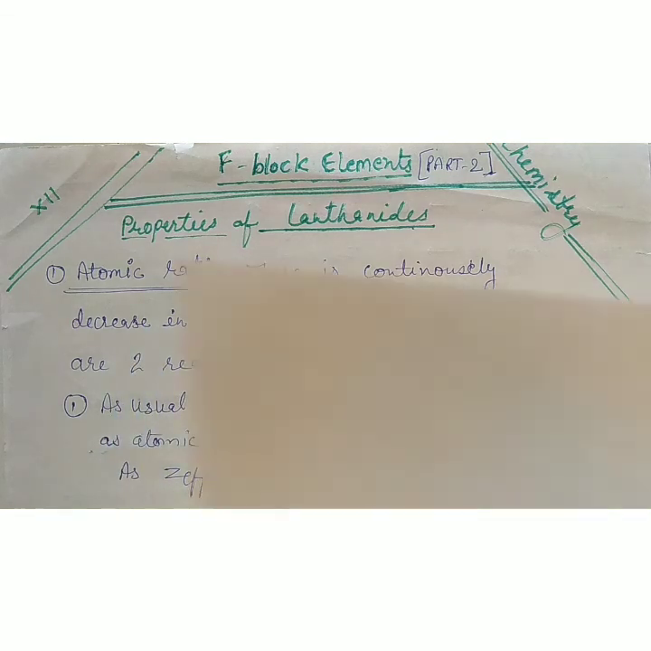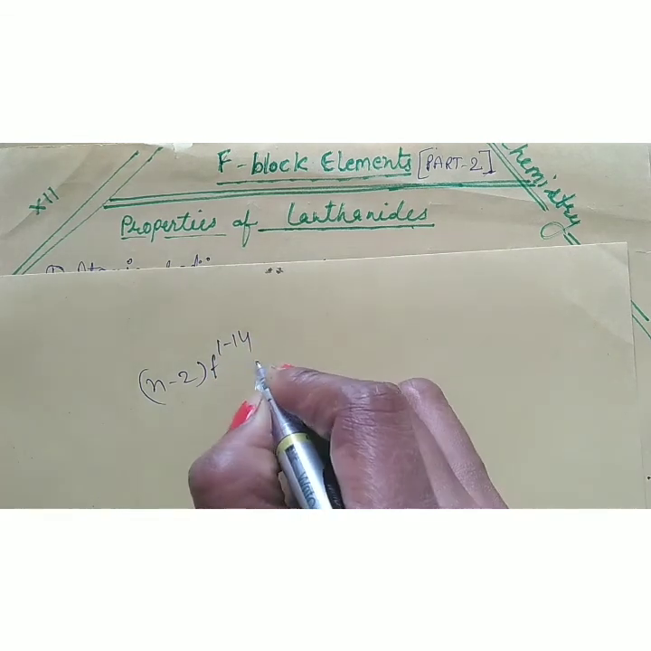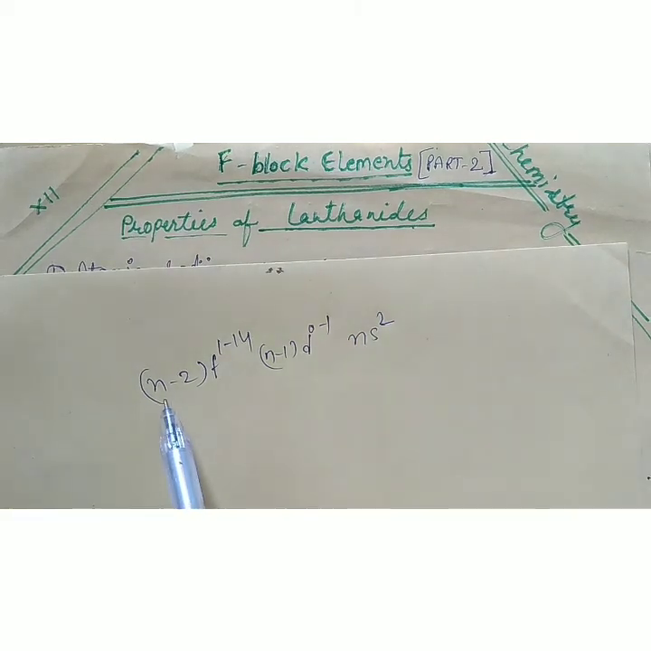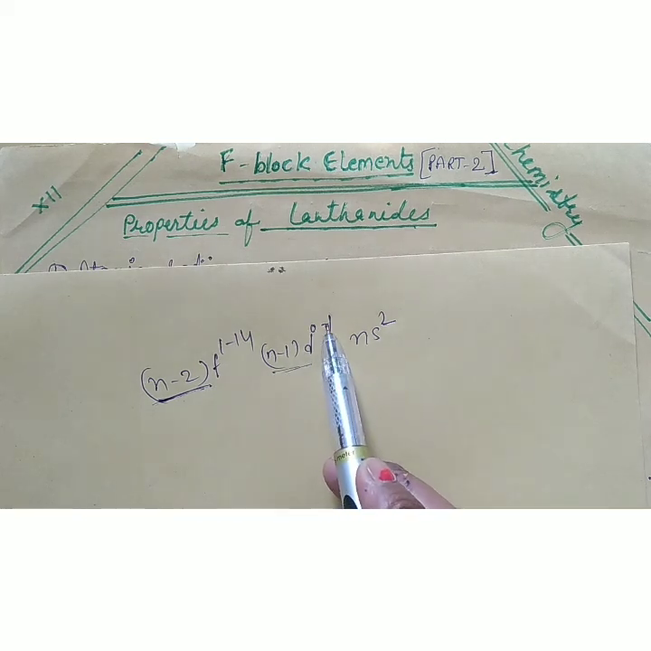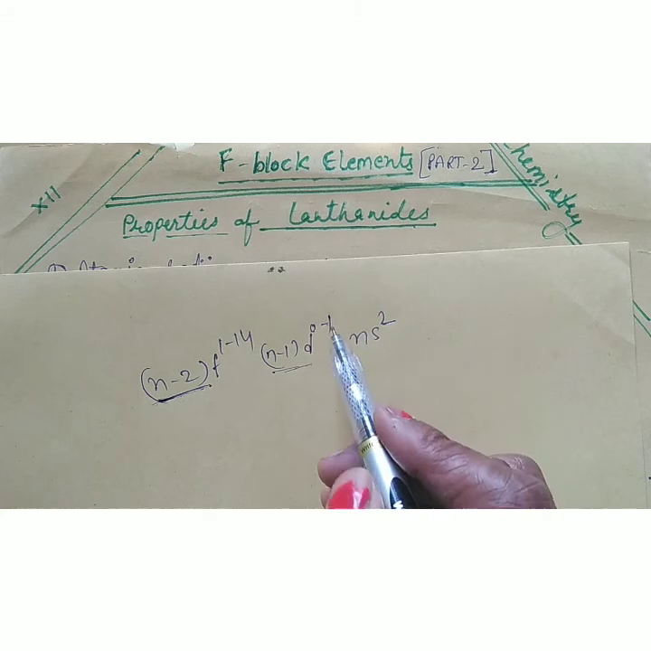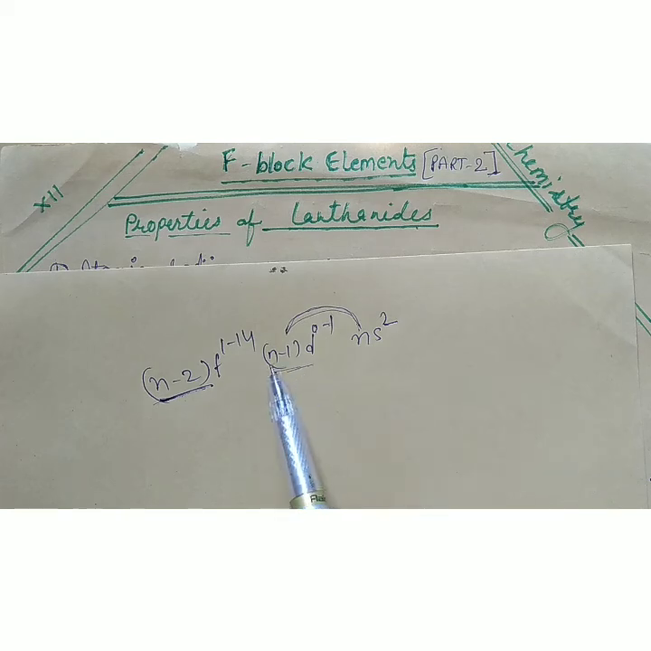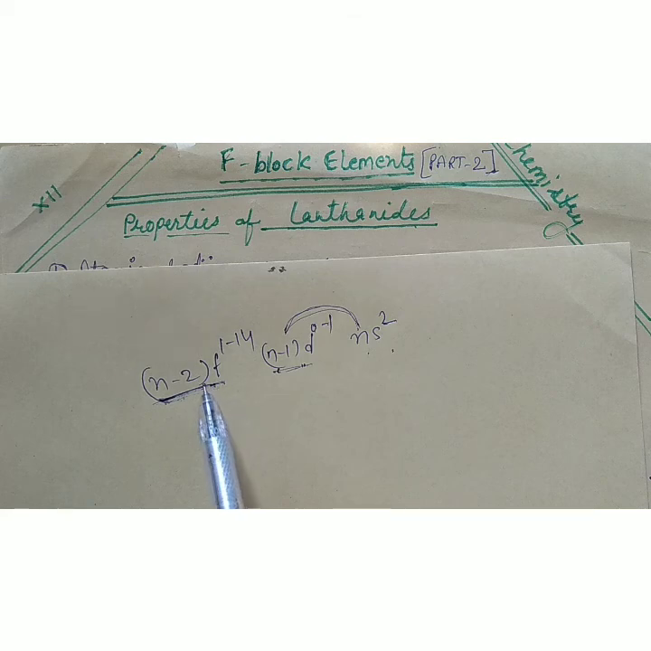As we know, in lanthanides the electronic configuration is n-2 f1 to 14, n-1 d0 to 1 and ns2, which means the electron is filled in the penultimate shell, and n-1 d has only 0 or 1 electron. As we have discussed in d block elements, there is more electronic repulsion or more screening effect between n-1 d electrons and ns, but because of the complex structure of f orbitals, there is very poor screening effect between n-2 f electrons and